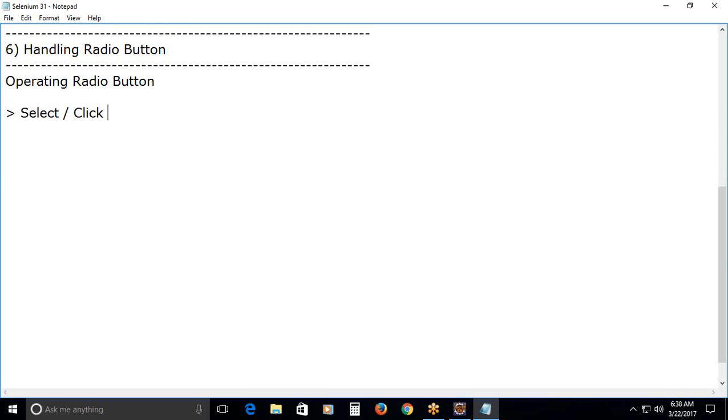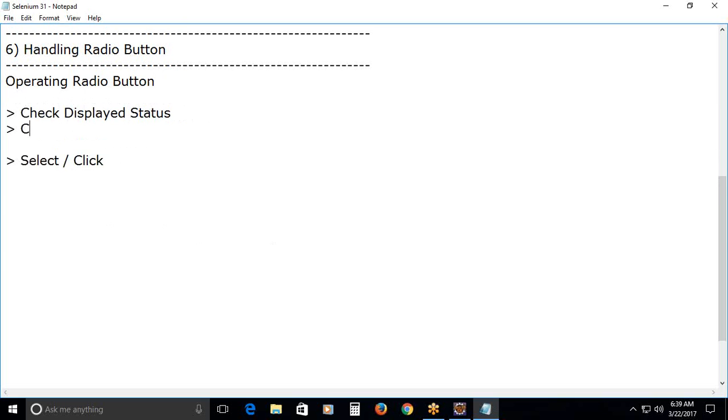We use the click method or command of WebDriver. This is primary. Next, other operations are: check the displayed status,